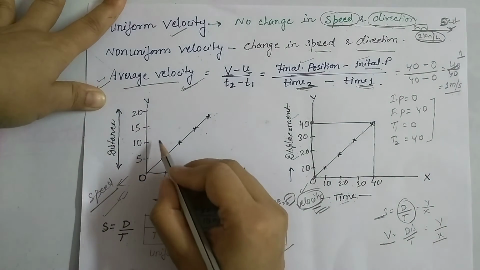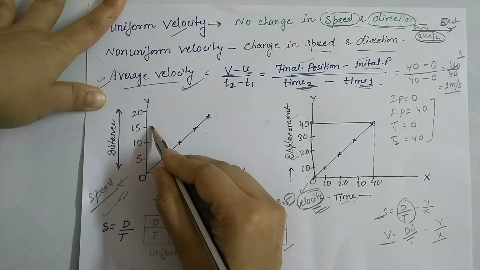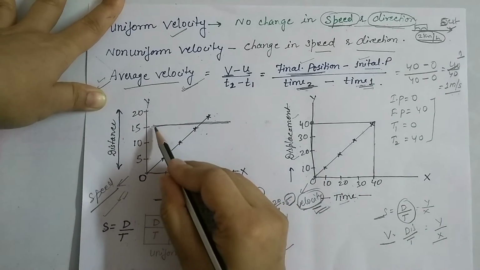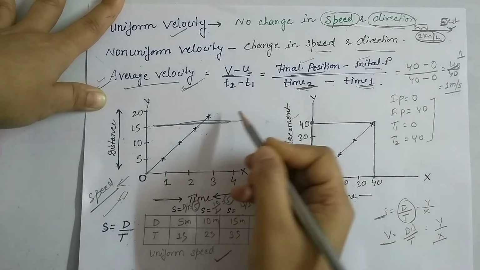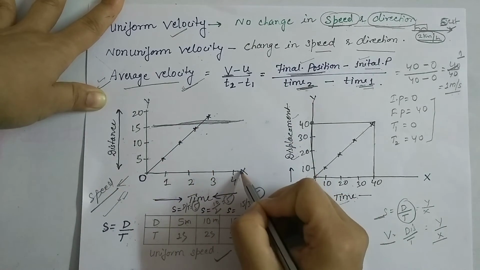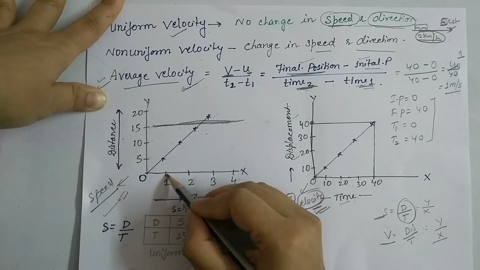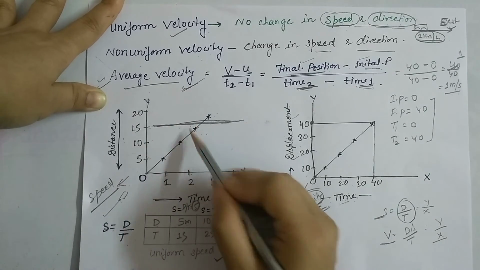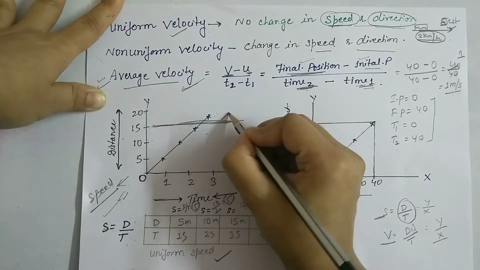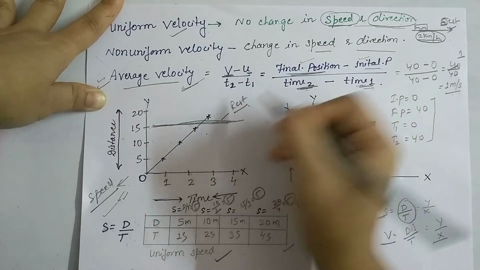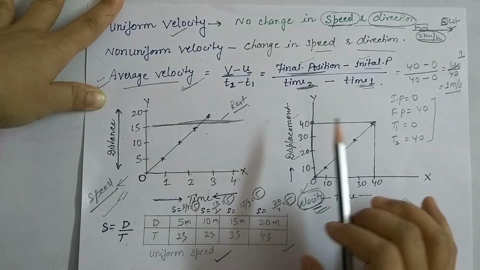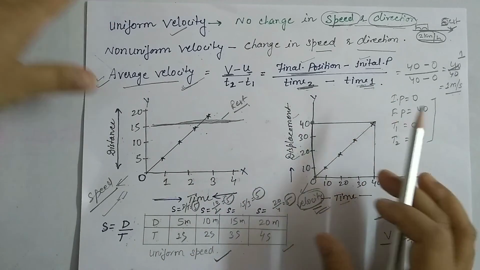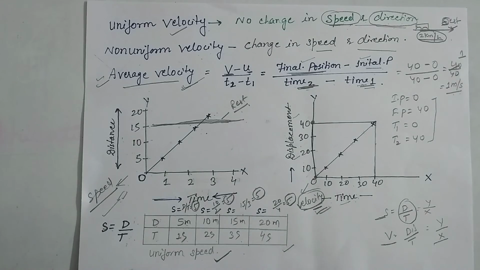You will also get a different type of graph, a straight line graph, where you find a constant. If the line is parallel to the x-axis, it means that at 1 second it covers 15, at 2 seconds it covers 15, at 3 seconds it still covers 15, so this is rest. There is no speed. The object is stationary. So this is all about velocity and speed.